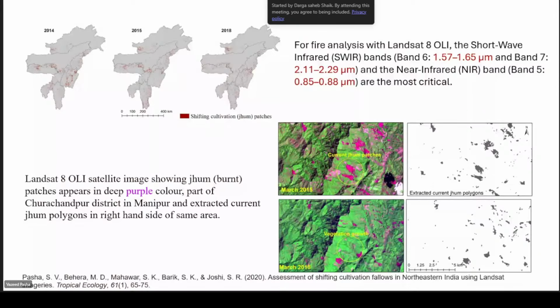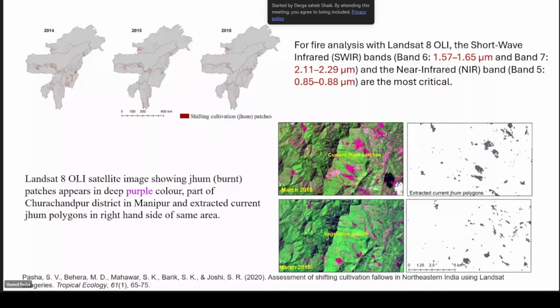From there, you extract the burnt polygons of the particular year. For example, in 2026, you have taken an imagery and you extracted the current shifting cultivation fire patches, then you download the satellite data of 2025 and extract the shifting cultivation or burnt area patches, and you go with 2024.